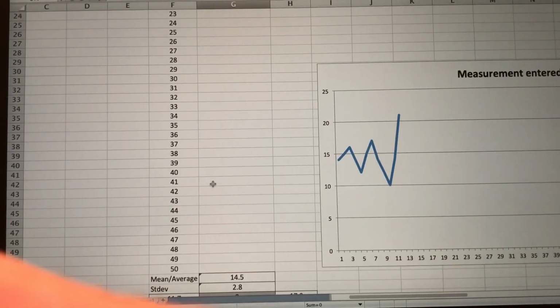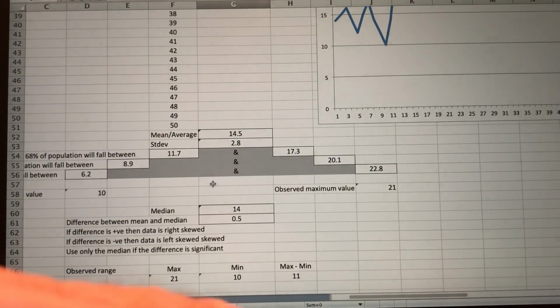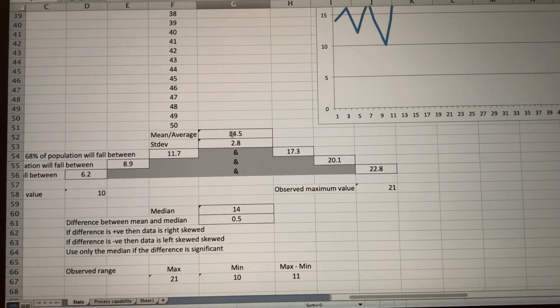When you scroll down at the bottom of this, it tells you that the mean or the average for those few numbers I put in is 14.5. The standard deviation, which is the width that the numbers are from the mean, is 2.8 units, and therefore the width of the distribution curve is 3 times 2.8, either side of the mean. And it also tells you that